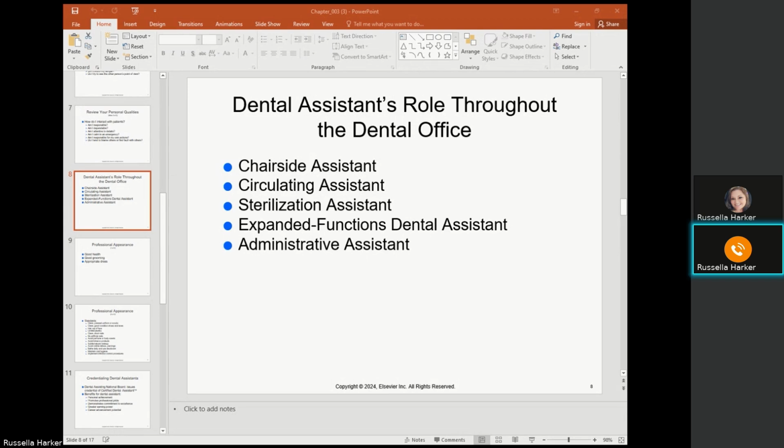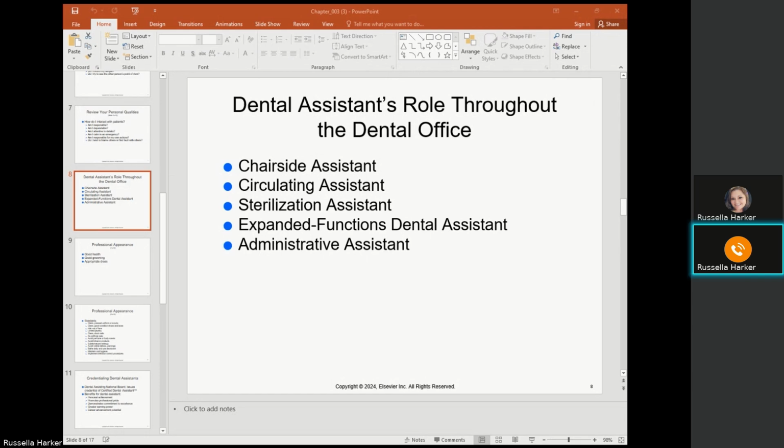So it's always good to be cross-trained, meaning that you can do administrative functions and clinical functions, whether you are an administrative assistant or a chairside assistant. Because, say someone in your office gets sick and you need to check your patient out, even though you are the clinical assistant, because there's not anyone at the front desk that day. You don't want to have charts backing up or patients waiting or not being checked out because someone is not there. If you can do that, it will also make you more valuable because you are able to do more